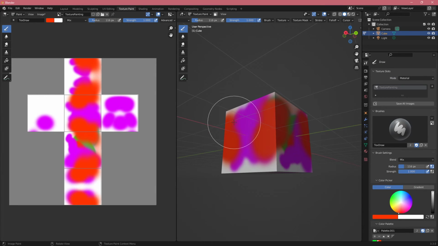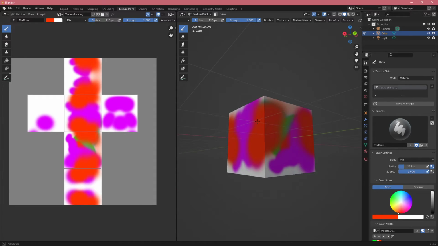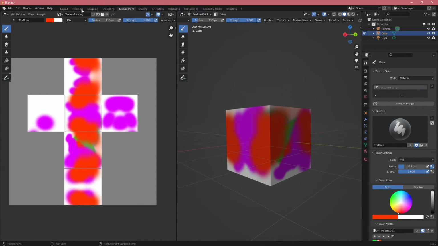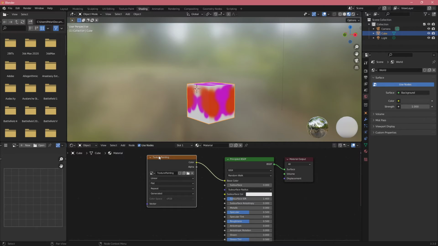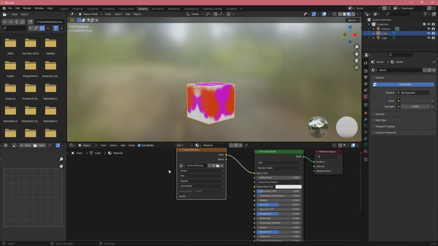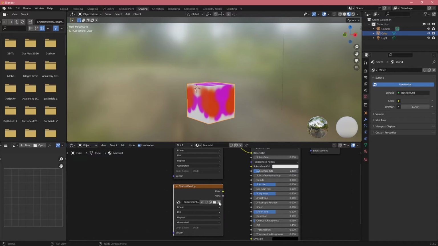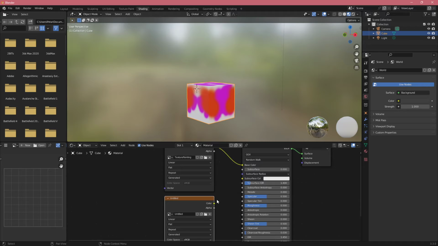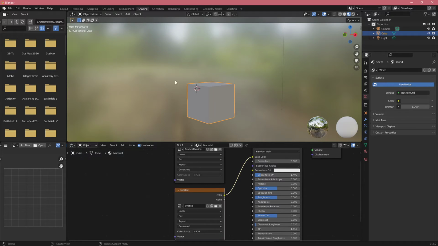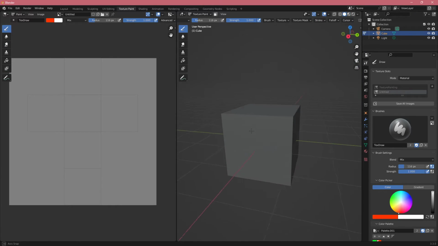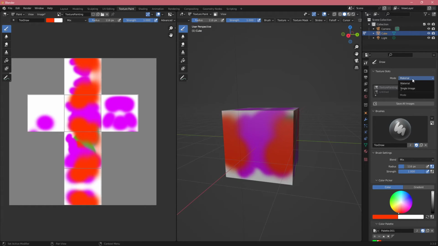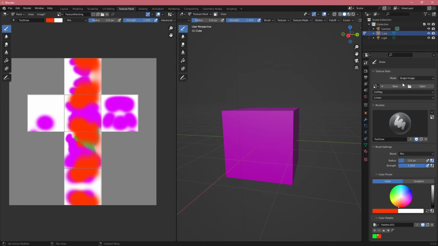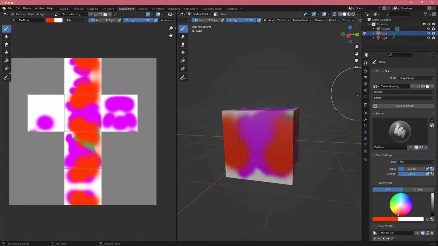And that's kind of about it for the basic brush and painting. If you want to change what texture you're painting, you would go to shading, create a new image texture. So if I duplicate this, I'm just going to click X here, and we click new. I can click new, and let's put in base color so we can see it. Select it, and now we have this new texture, and we can also see it in here, so you can quickly swap between them. And we can use single image and create a new image, or use whichever we had before,